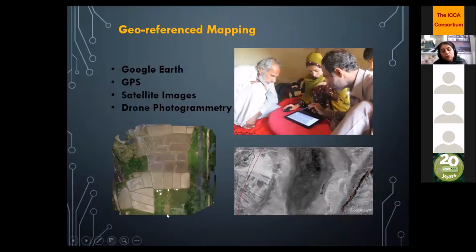This is a new, very new technology. You can have very high resolution maps, but you have some limitations. One of the limitations is that the drone sets have a problem with the battery, because in the best position it just takes about 20 or 25 minutes. You can have a flight with that,